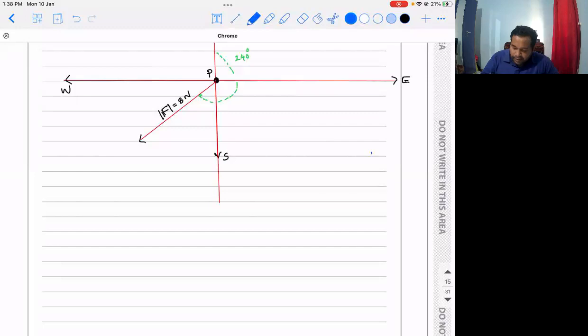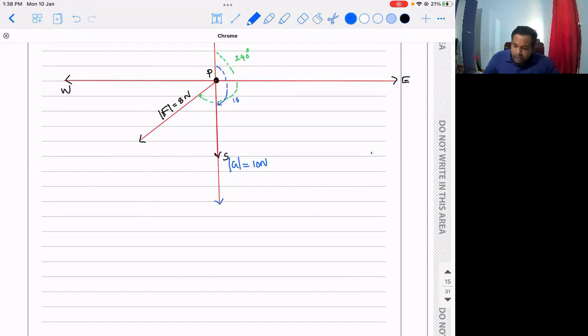So that is our G. The modulus of G, that means its magnitude, is 10 Newton. Since it is acting due south, the bearing of this will be